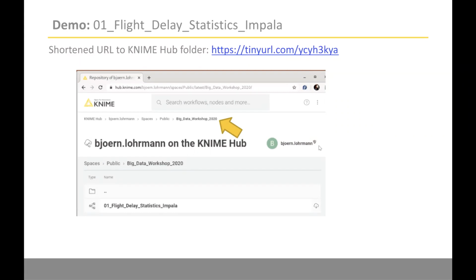Okay, so one question was whether it's possible to connect to Amazon EMR on AWS. Yes, you can. EMR is pretty much a Hadoop distribution, and it contains all these different services that we've talked about. It has HDFS, so you can connect to that with the HDFS connection. It contains Hive and Impala, so you can use the Hive and Impala connectors.